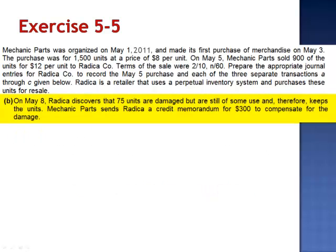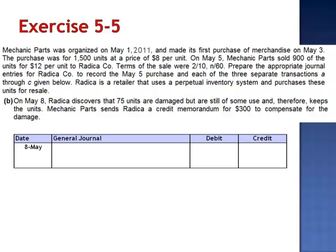Letter B, on May 8th, Radica discovers that 75 units are damaged, but are still of some use and therefore keeps the units. Mechanic Parts sends Radica a credit memorandum for $300 to compensate for the damage. So again, Radica does not want to pay full price for these units. The credit memorandum reduces the amount that's payable, debiting accounts payable $300,